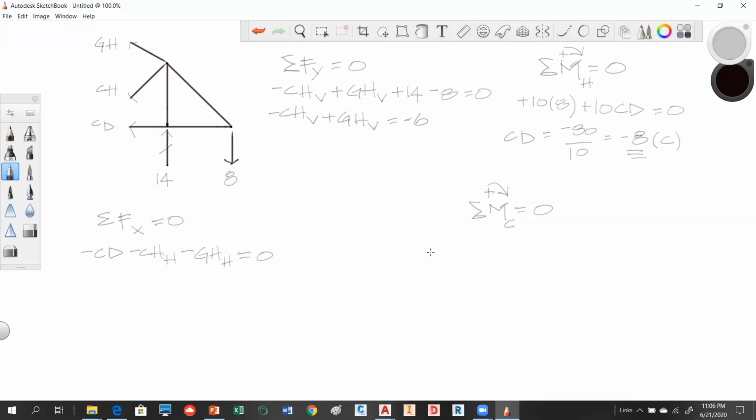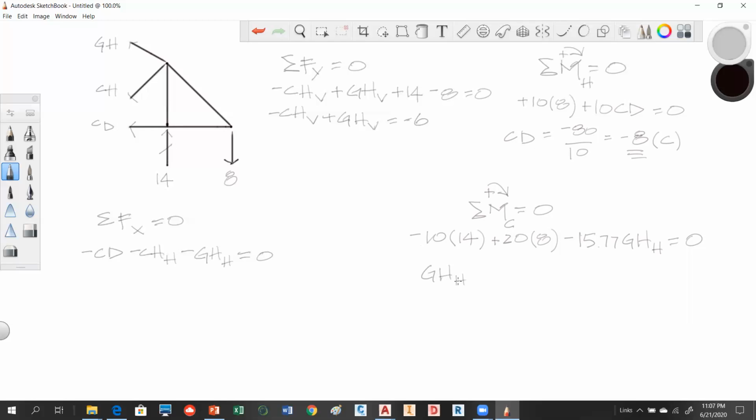So what we're going to have there is going to be minus 10 times 14, so 10 meters over, 14 kilonewtons. And then we have plus 20 over times 8. And then we're going to have up here 10 plus the 5.77, so that's 15.77 GHH is equal to 0. So by doing the resolution of this, we'll be able to solve